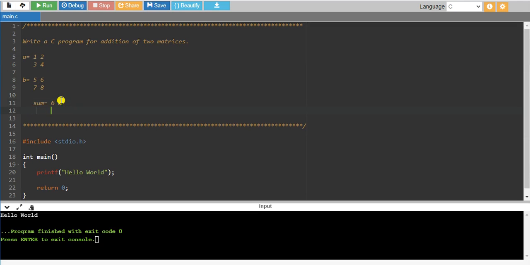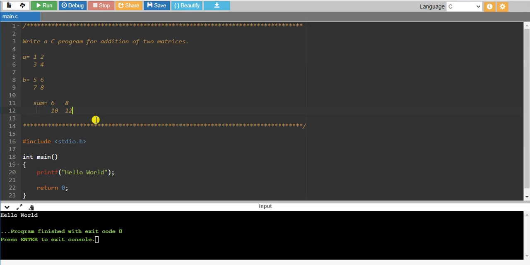Then second row first element 3, second row first element 7, so 3 plus 7 is 10. Then second row second element, that is 4 plus 8, that is 12. This is how we are adding the two matrices.